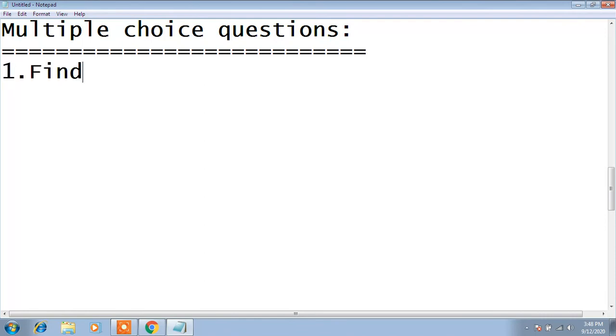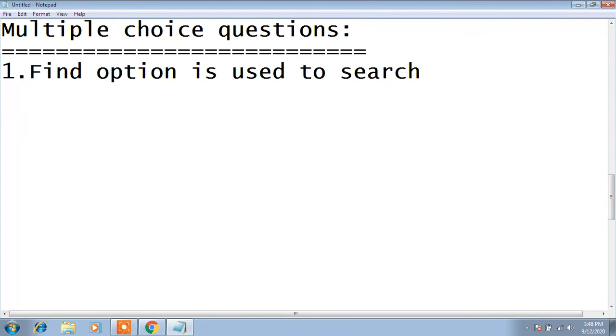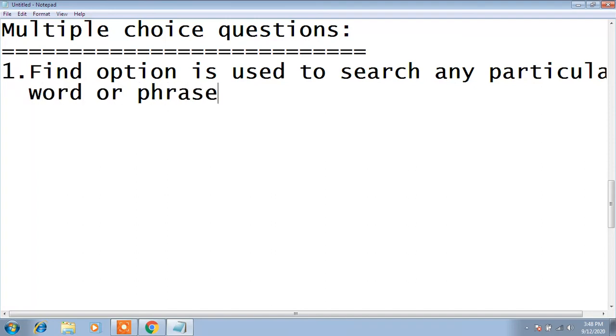Find option is used to search any particular word or phrase in a document.